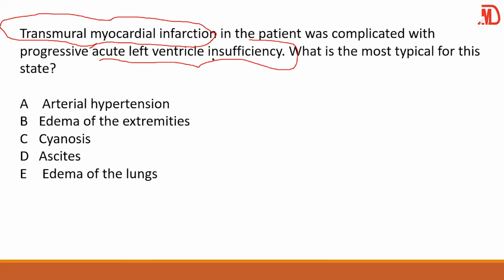It means that the blood begins to flow back, called regurgitation. As a result, the blood coming out from the lungs cannot even enter into the left ventricle. Why? Because the left ventricle is full of blood. Sorry, blood from the lungs entering into the left atrium. The left atrium will be full, because the blood there is not entering into the left ventricle,